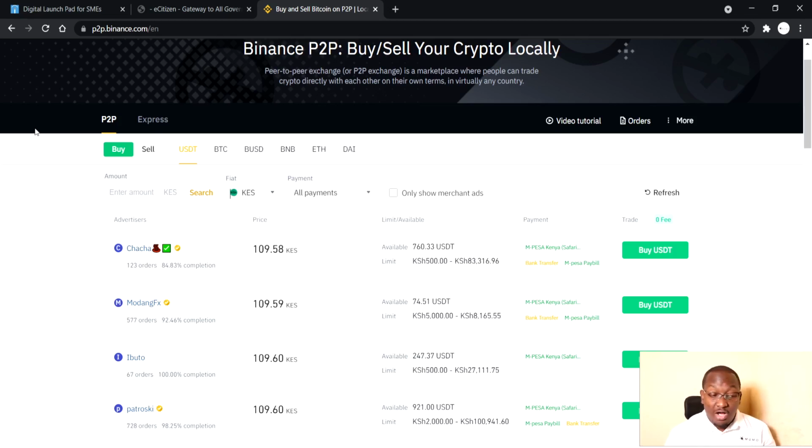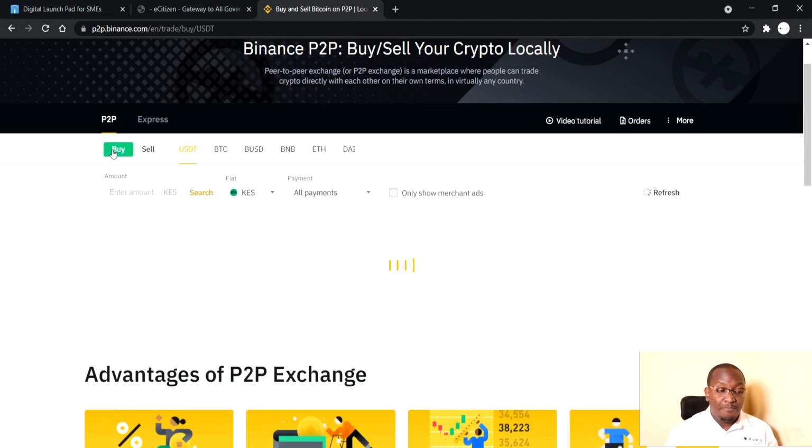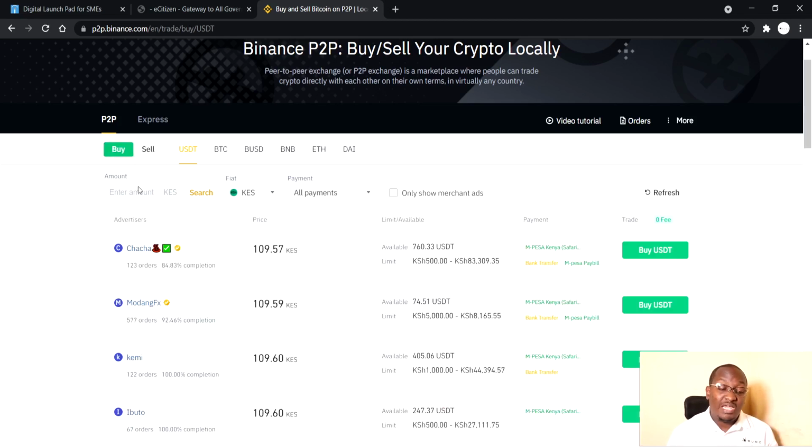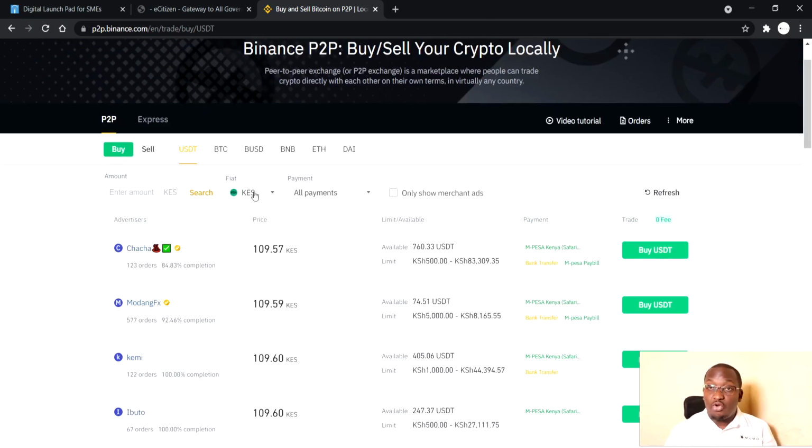Then when you look at the top here, there are two options. One is P2P, the other one is Express, and there are the different kinds of coins that are available for you to buy. When it's on green, it is buy. When it is red, it is on sell. So if you are buying, that means the person whose name you see on the list here currently has what you want to buy. So simple, just to have a look at it. We'll do the purchase later, but just to look at it and do an overview of the same.